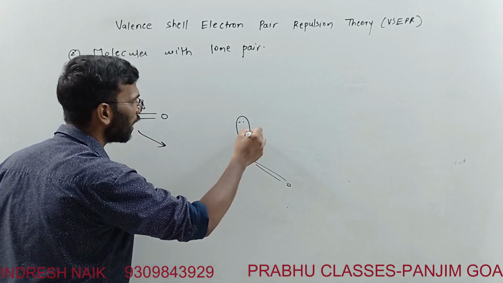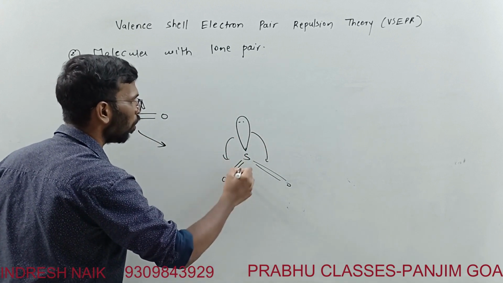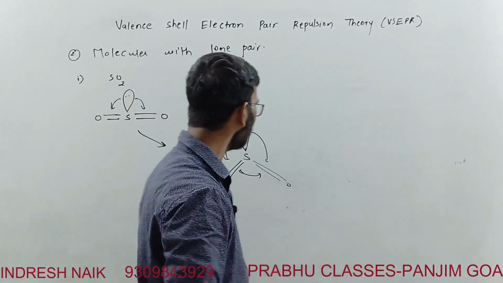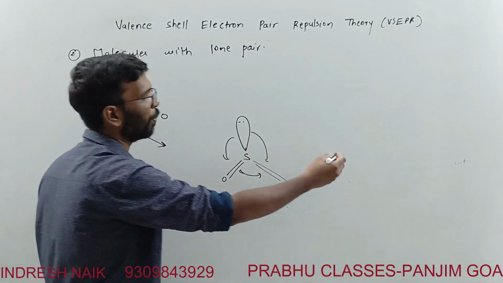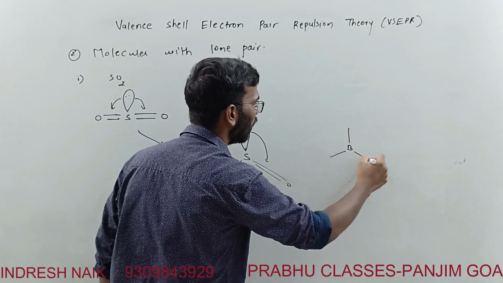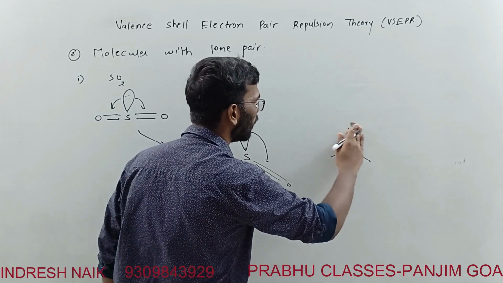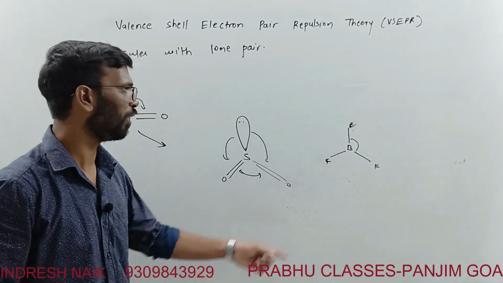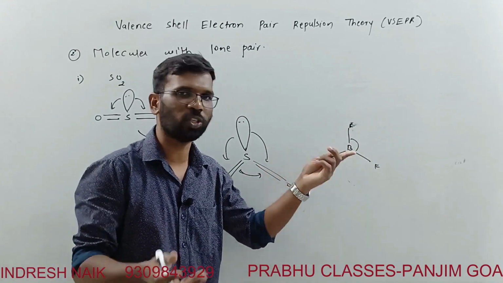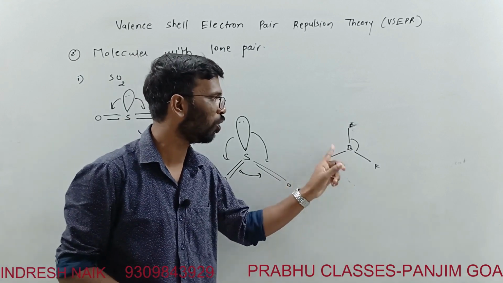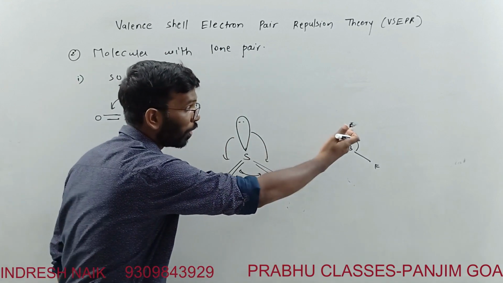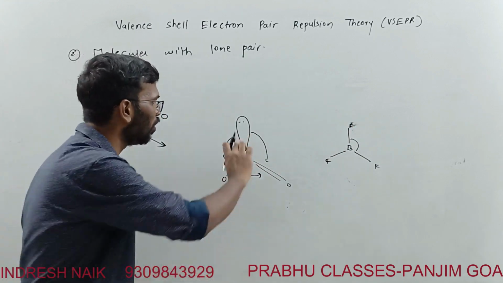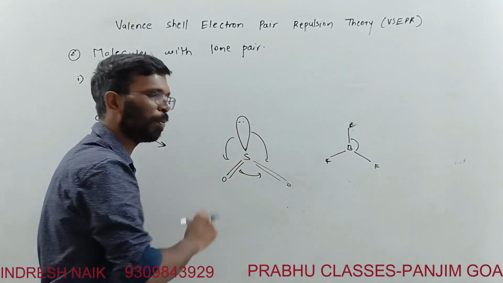Right? Now this angle, all angles will not be equal to 120, 120, 120. Why? Because this is the earlier case. If you compare that with BCl3, or BF3, all angles were 120, 120, 120. Why? The repulsion was the same. Here, repulsion was bond pair, bond pair, bond pair. But here there is lone pair, bond pair, and bond pair repulsion.